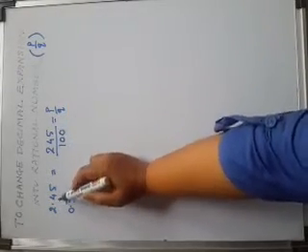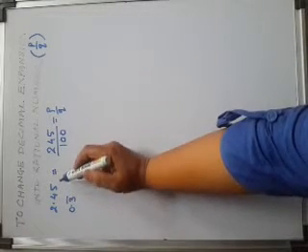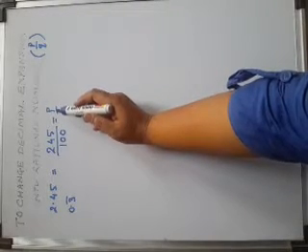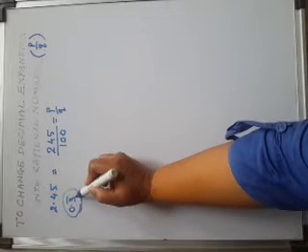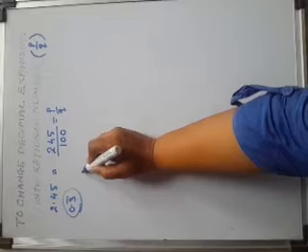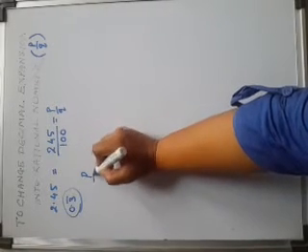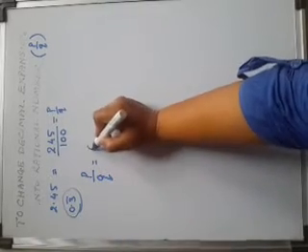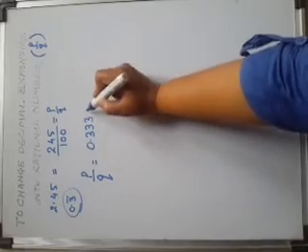So if the decimal expansion is terminating, then it is quite easy to convert it into the form of p/q. But what to do if the decimal expansion is non-terminating repeating? Non-terminating repeating, because here 3 is repeating. So let us take p/q is equal to 0.333 and so on.